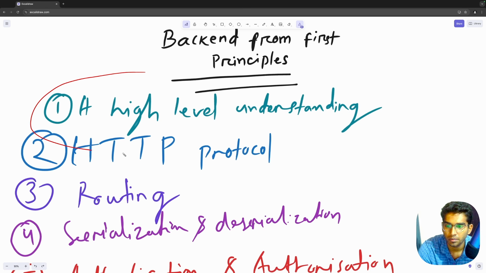We'll start with a very high level understanding of how backend systems work behind the scenes. We'll look at how a request from a browser flows through different hops, the network, firewalls, over the internet, and how it is routed to our backend server that is situated in a remote AWS server, and how it responds to that request. And we'll look at what the response looks like. And that should give us a pretty vivid idea of how systems communicate, how a client communicates with the server, and how the server responds.